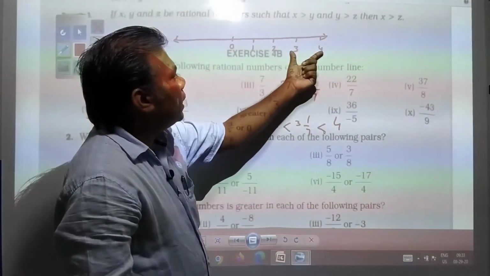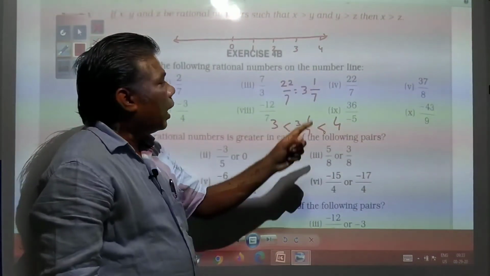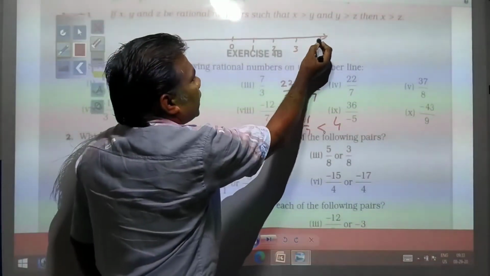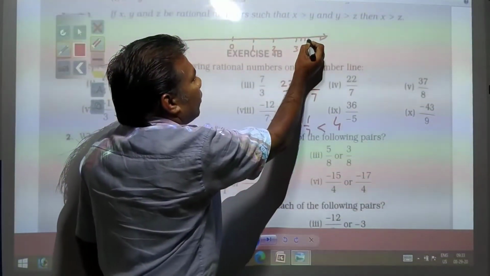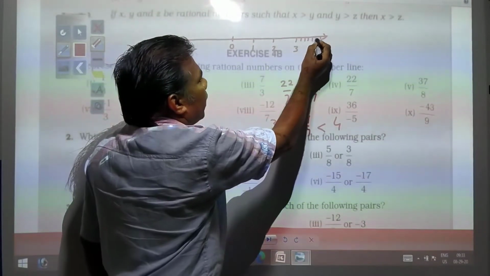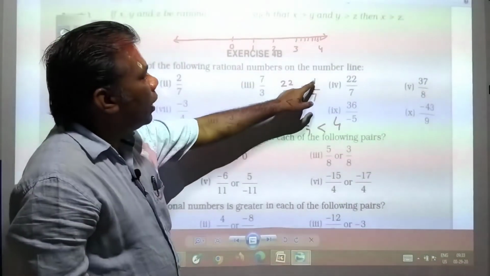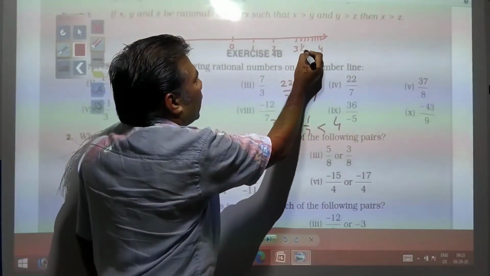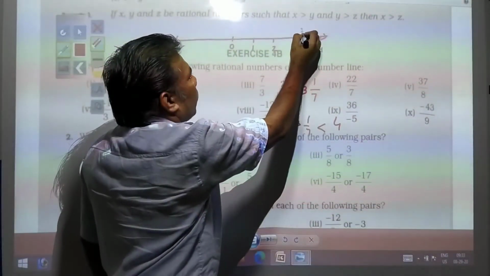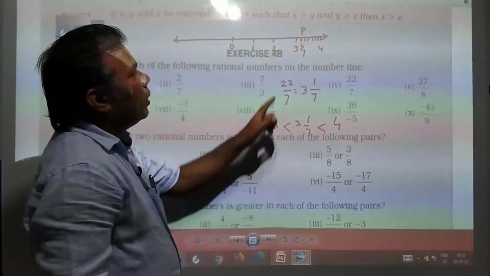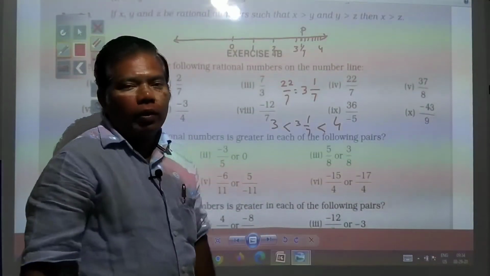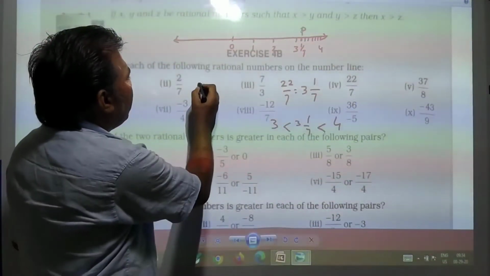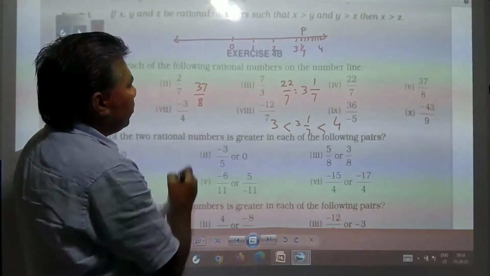So this section is required to be divided. Now you see your denominator 7 is there. This section is required to be divided into 7 equal parts. 1, 2, 3, 4, 5, 6, 7 equal parts you have got. Now you need to find out 1 by 7. So this first point will be 1 by 7. So this P what you have got now, this one, this will be 3 whole 1 by 7, and that will be your answer. Next you see 37 by 8, the same thing is required to be done. 37 by 8.